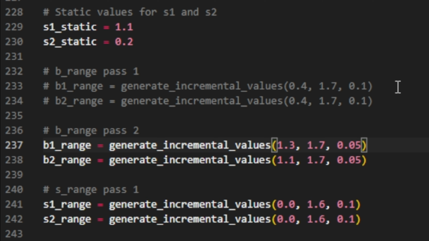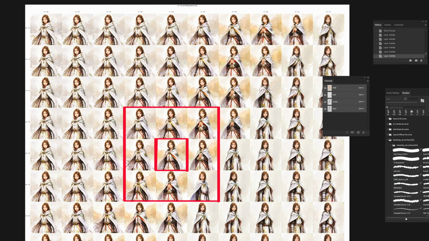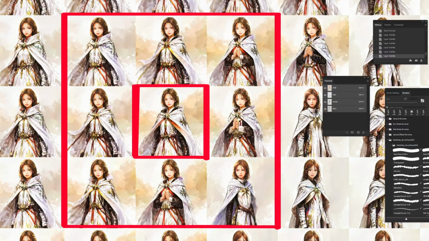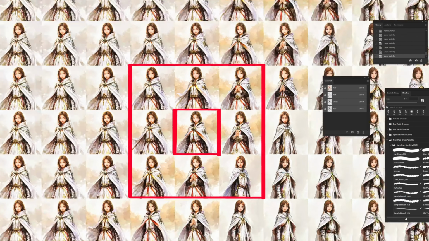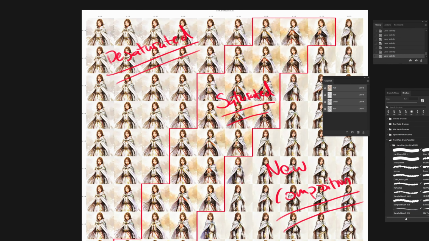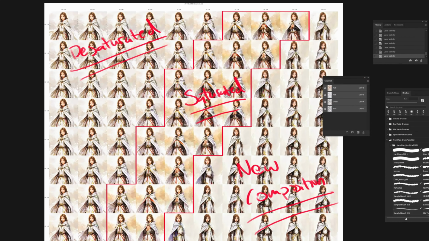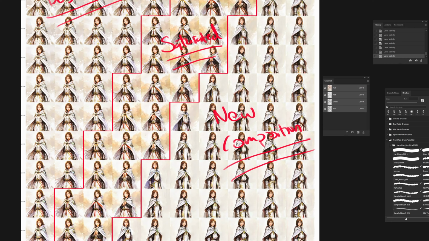Remember that I ballparked around 1.5 for B1 and 1.3 for B2. The narrower window is to explore the general area around to see if there are better selections. However, before we do that, I want to make some more observations. If you zoom out and squint, like so, it becomes apparent that you can separate the images into 3 different categories. Anything on the left is desaturated, anything in the middle is saturated, and then everything on the right is